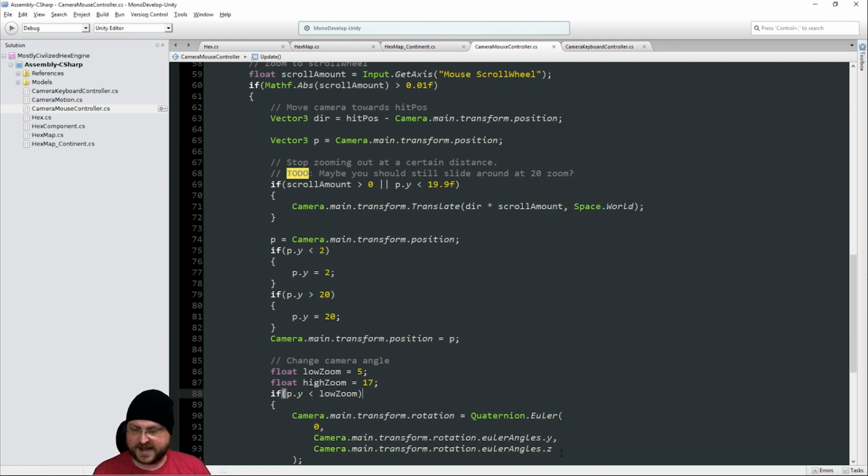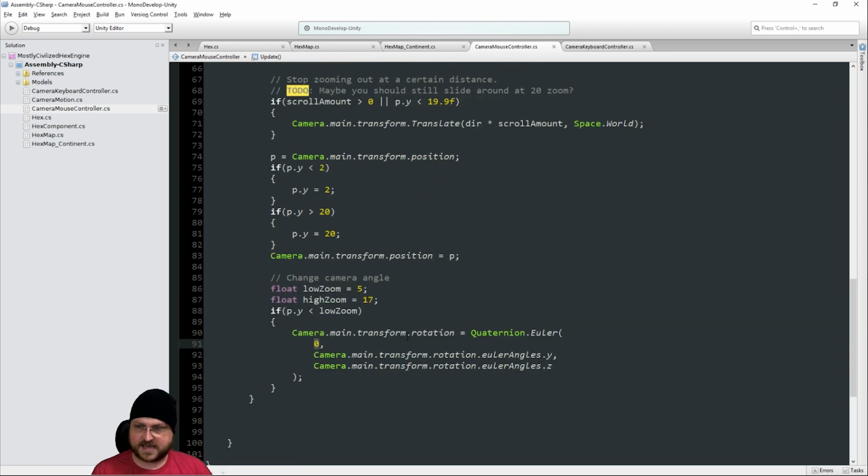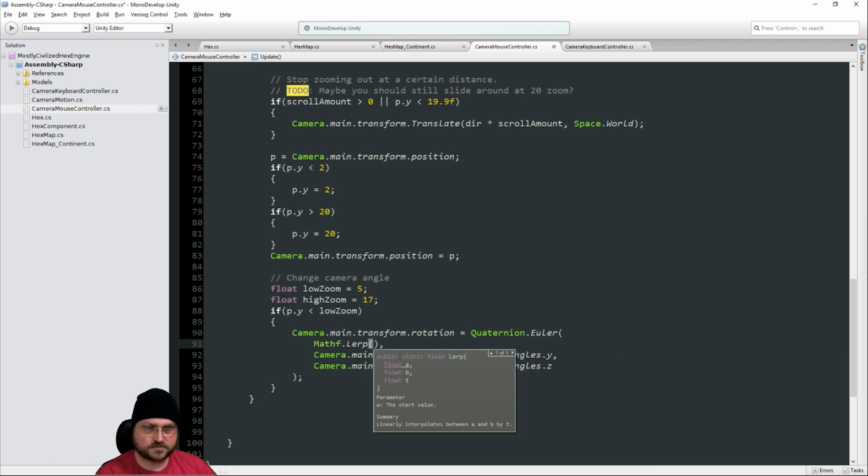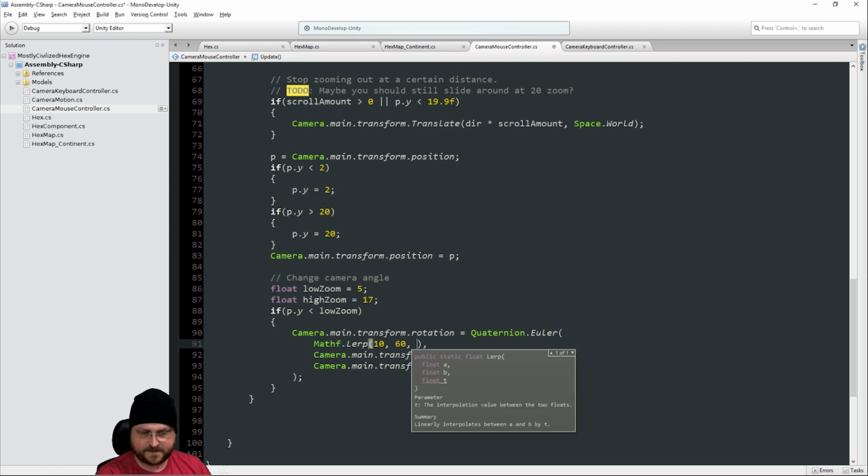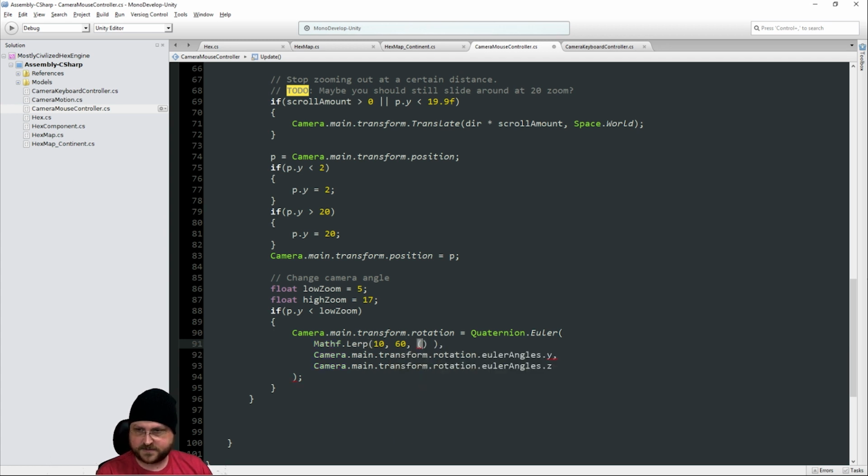So we're going to preserve the Y and the Z. It's the X part over here where we're going to do a lerp from 0. Probably 0 is going to be too much. Something like 10 to 60, depending on our height,